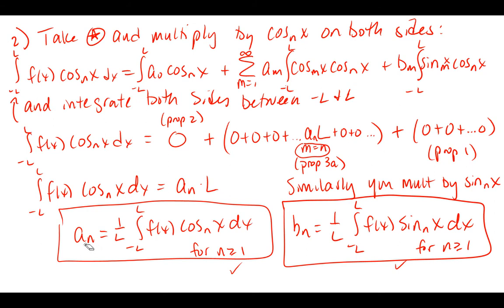So we're going to try to figure out who's AN, and well, it's this. So I'm going to write this down. 1 over L, which for us is 2. So 1/2, negative 2 to 2, our function, and then cosine of n, remember that's actually n pi over L, x. Okay? So copy this over. So 1 over L, negative L to L. Okay. Our function,